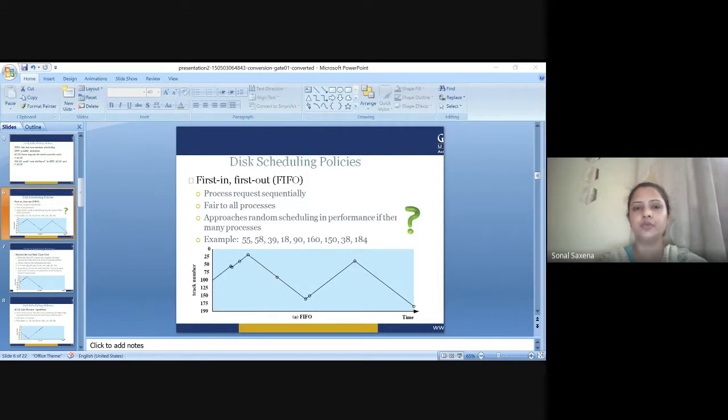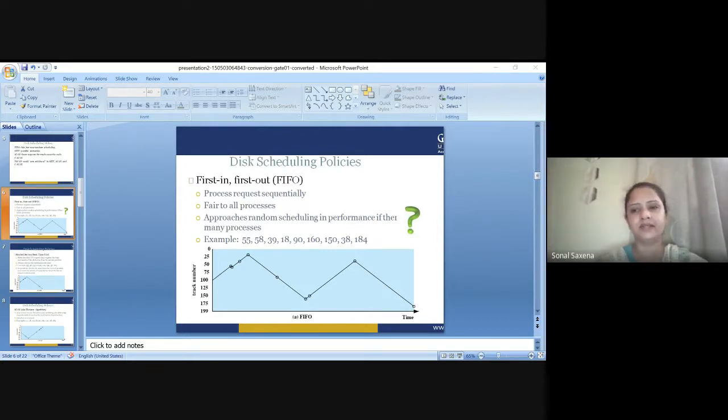Starvation is a condition where a process is waiting for a very long time, but it has not been provided with the CPU or the other resources to get fully executed. Now, obviously, even this algorithm has some disadvantages. The scheme does not optimize the seek time. Secondly, the requests may come from different processes, therefore there is the possibility of inappropriate movement of the head.